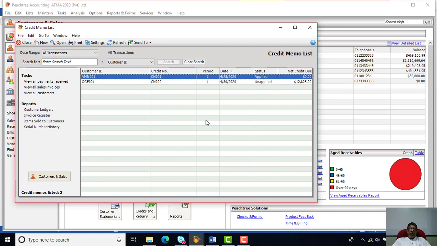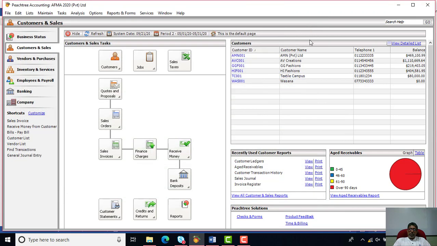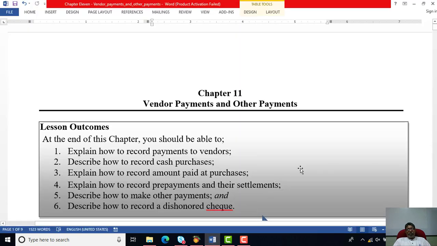Now today we will be discussing the options available to make the purchase cycle. As you can see, the vendor purchase cycle has different types of payment options available. There are various ways in which we can pay the vendors. The first category is vendor payments, under which we can make various types of vendor payment. First of all, we can pay the vendors against their outstanding bills. That means you have purchased something on a credit basis, and now you have to settle that outstanding bill.